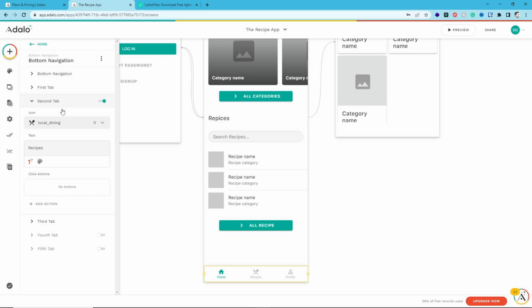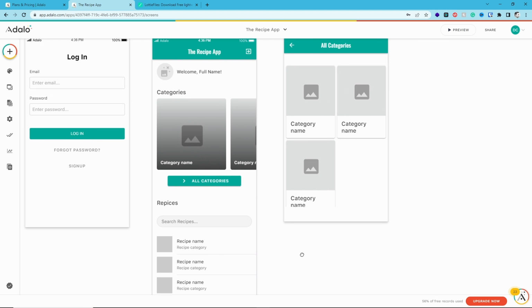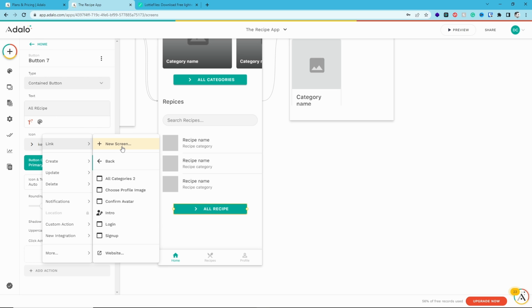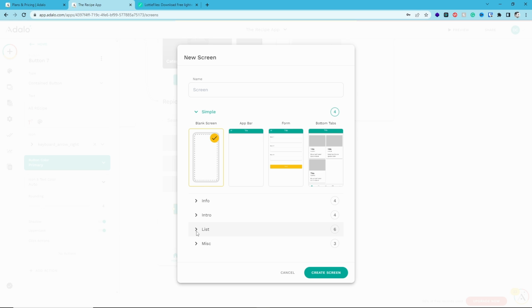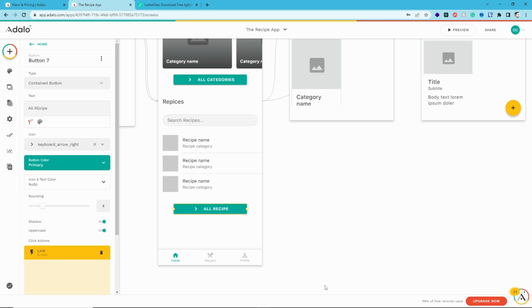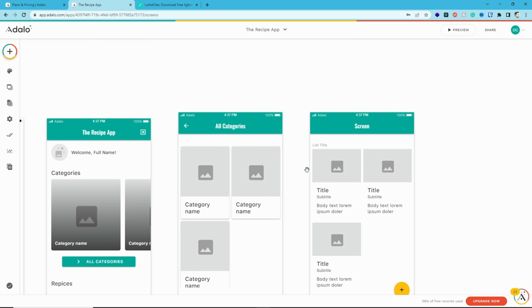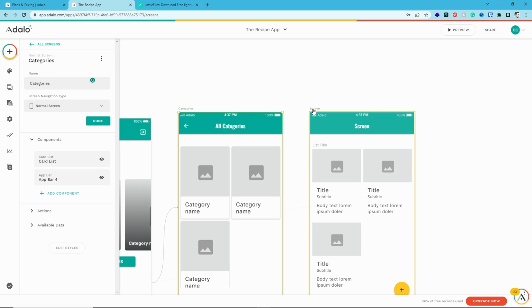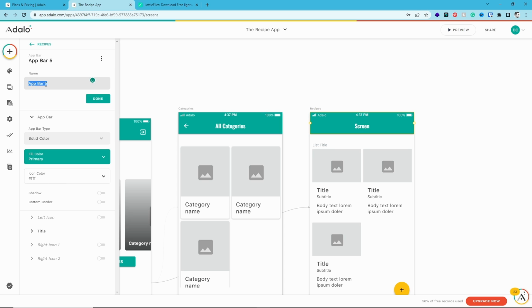The second tab, we're going to add an action to go to recipes. Let's do that real quick. On this button, under the action, we're going to link to a new screen. And we can come down here to lists. We could do recipes the same that we did categories. That might not be a bad idea. Let's do that, actually. Let's come up here. This is categories, and this one will be recipes. That way we know where we're going. Recipes, right? Okay, so now here we'll say